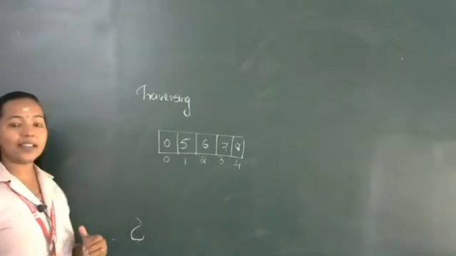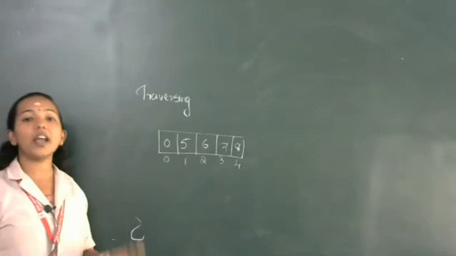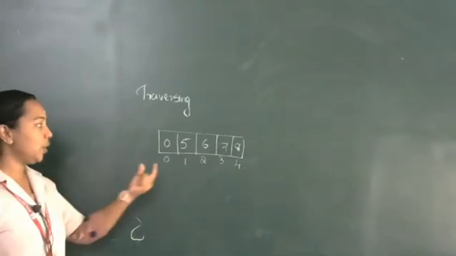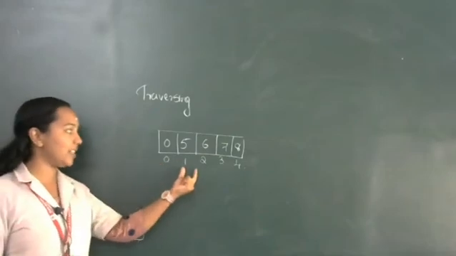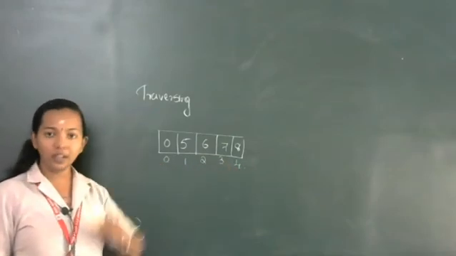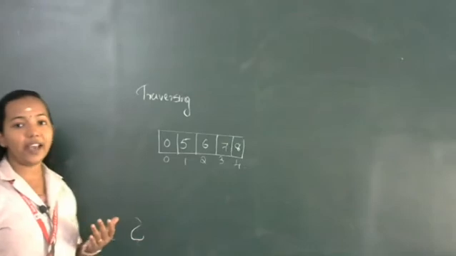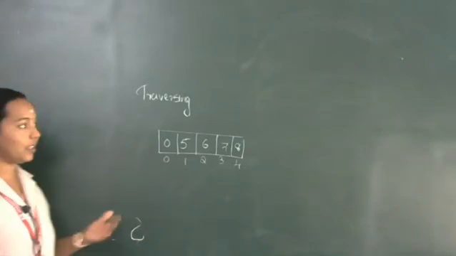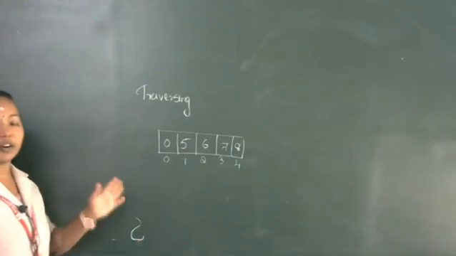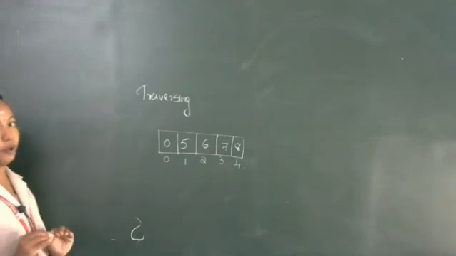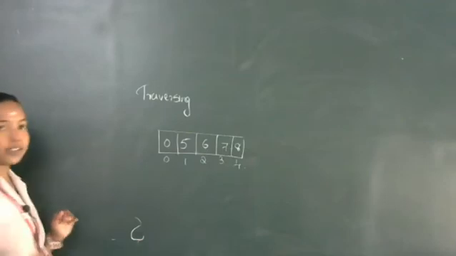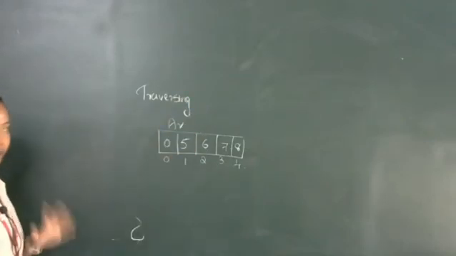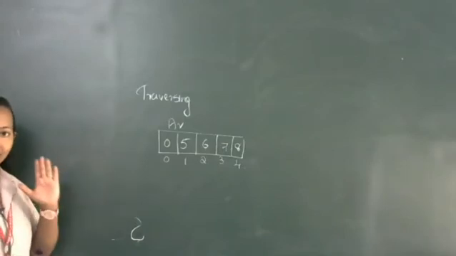Suppose you want to access all these array elements, we can write a C++ program for this. You want to access the first element, then the second, third, fourth and fifth. Using a for loop, we can access the array elements. This is the same program as in your textbook, but I am not writing the entire program, only the small portions. Let us assume the array name for this array is AR.